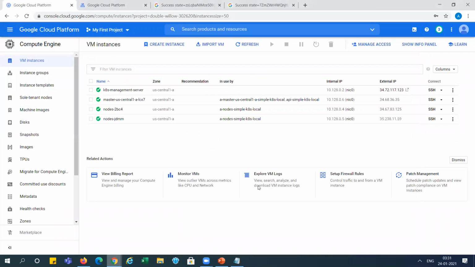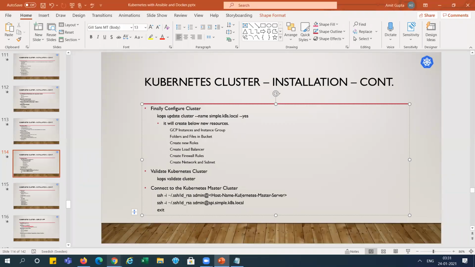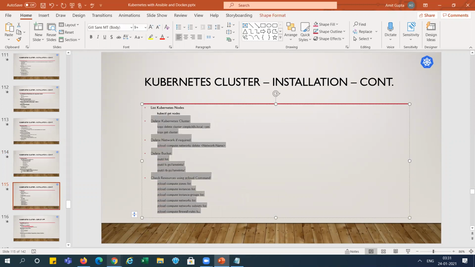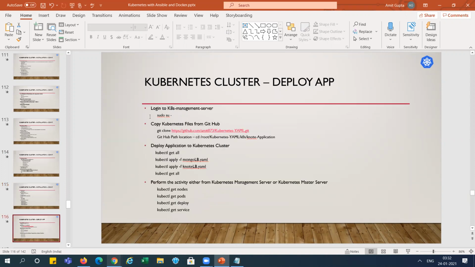So I think next here, let me correct this thing. Host name, not host name. This is a public IP of Kubernetes master server, right? And next, this is all for the deletion command. So we need to delete all those things. If we need to delete the cluster, we can directly run this command and it will delete all those clusters, right? So we have done these things so far. And now we need to run the application, or we need to check